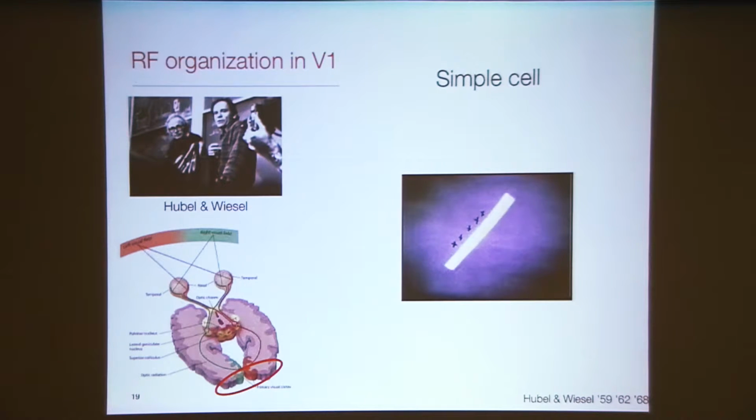as they are mapping out the receptive field. So what you see here that they are showing with those crosses is the excitatory part of the receptive field, which is the part of the receptive field that, if activated by a bright bar, may elicit a response from the cell. What they are mapping out here is the inhibitory subunit organization of this cell. If a bar of light is flashed in this subregion, the cell actually becomes inhibited. And one byproduct of this inhibition is that if you turn off the bar, as you might hear sometimes, the cell actually starts firing, which is a rebound from this inhibition. So here they are showing you the subunit organization of this cell, on center, off surround.